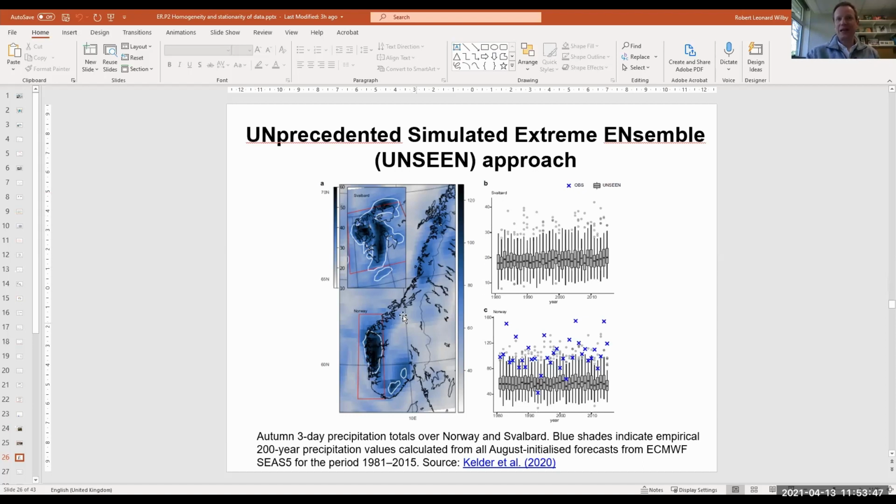And Timo began his research by exploring, for example, how the autumn 3-day rainfall total in Western Norway and Svalbard has changed through time. And he's focused on autumn 3-day rainfall because these are historically the most damaging events. So when you have 100, 200 millimeters of rainfall in these regions over 3 days, then there's likely to be significant consequences for infrastructure